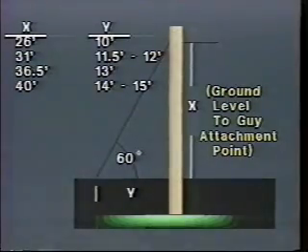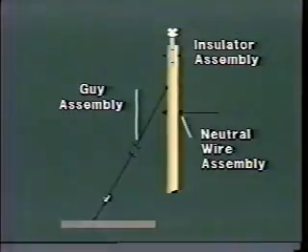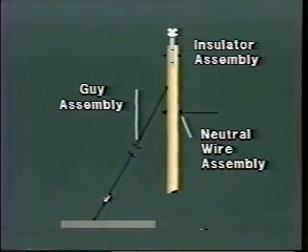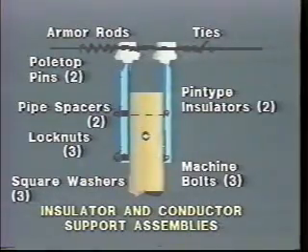One method for spotting the anchor location can be accomplished by pacing away from the pole approximately 1/3 of the ground to guy attachment point, resulting in a 60-degree angle. Here is a typical single-phase structure with an angle between 5 degrees and a maximum of 30 degrees. The conductor support and insulator assembly has been doubled. 2 pin-type insulators atop 2 pole-top insulator pins mounted on opposite faces of the pole by machine bolts, lock nuts,